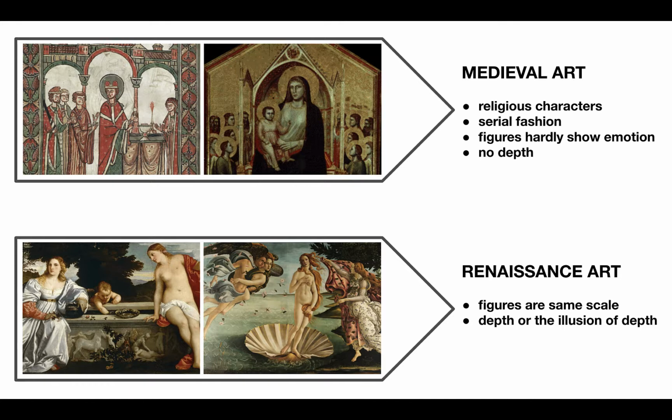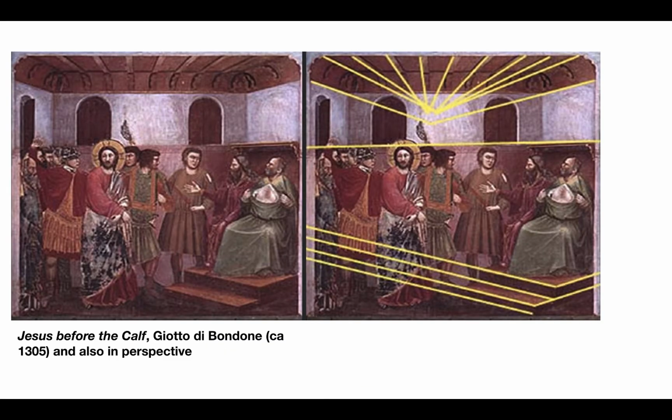Now, to explain how perspective revolutionized Renaissance painting, we're going to compare the work of two artists, Giotto di Bondone and Masaccio, or Tommaso di Ser Giovanni di Simone. These two artists represent the beginning of Renaissance painting, even though Giotto lived a full century before Masaccio. Giotto had died several centuries before the period that is usually accepted as the beginning of the Renaissance, around